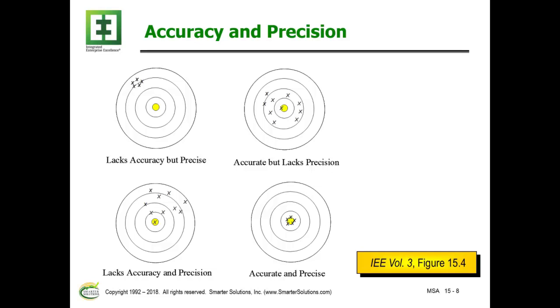The one on the lower left is saying we're just not doing very well in either accuracy or precision, but the one in the lower right-hand corner says we're doing well in both accuracy and precision. So basically, when we take a tool in to get it calibrated, what we're really doing is trying to address the